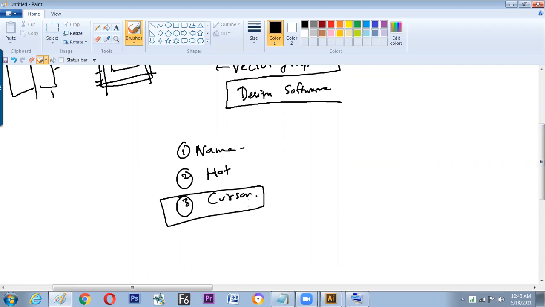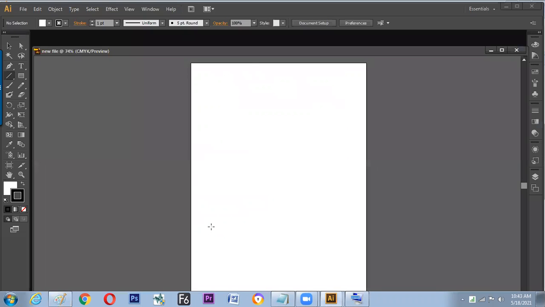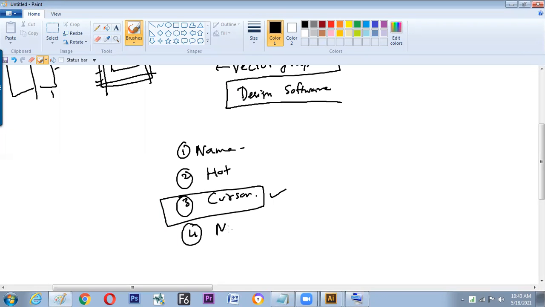It is the place where professionals set themselves apart from the crowd or the starters. Starters never take care of the cursor, but professionals always take care of it, because by looking at the cursor they can judge the position of the tool. So it makes a difference in every software. Now we'll go to the fourth part: method of working with the tool.